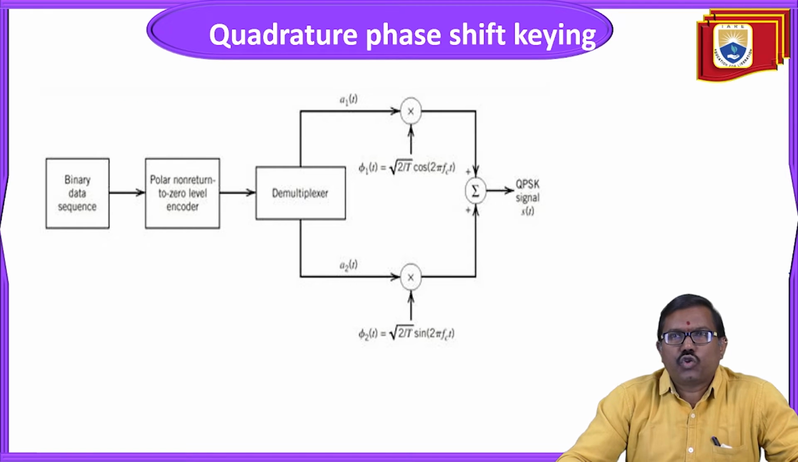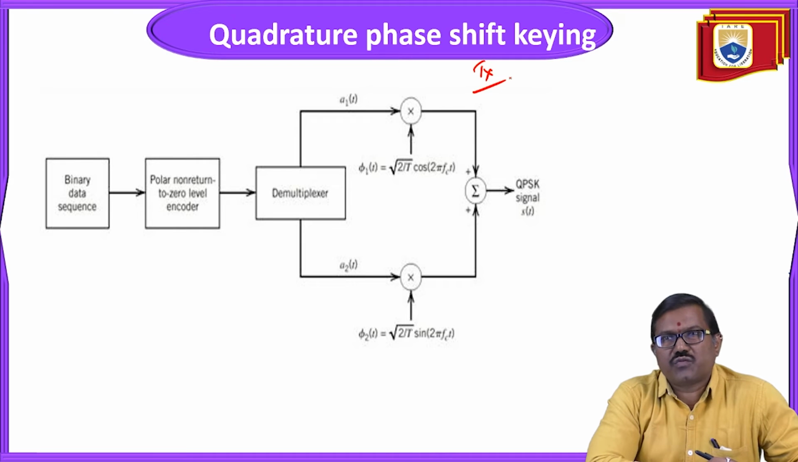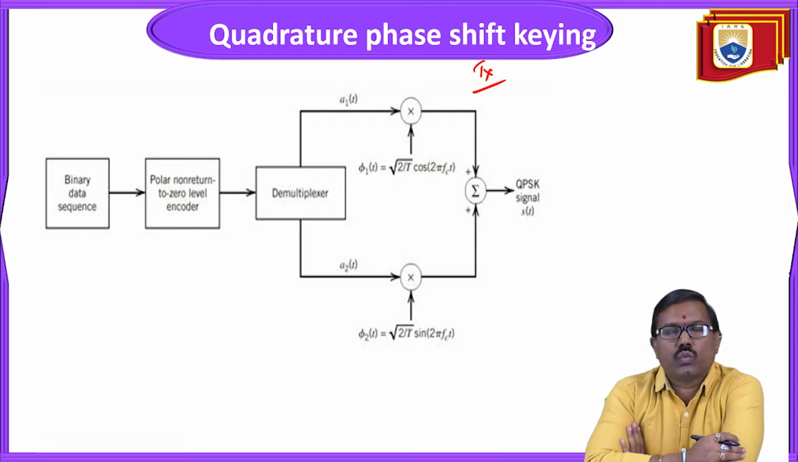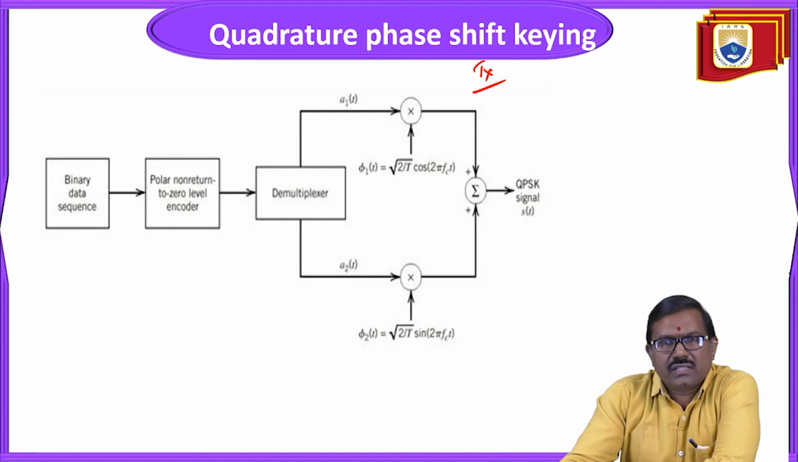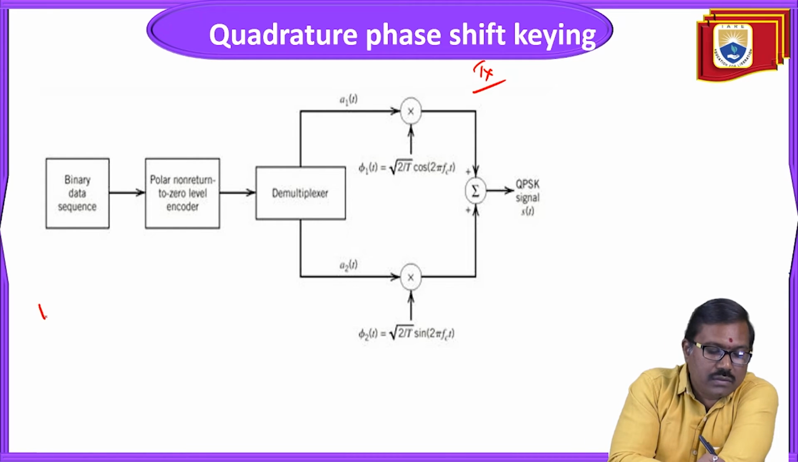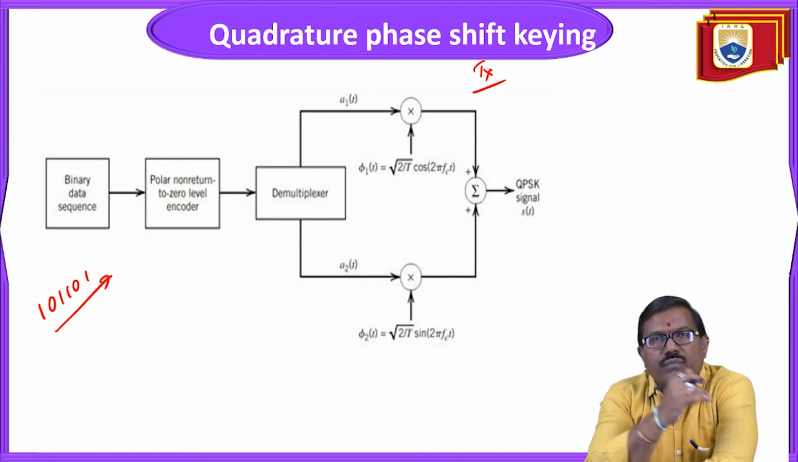And now the QPSK transmitter. So this is my QPSK transmitter. Here the input is the binary data sequence, which is applied to the NRZ encoder. That means they are coming as ones and zeros. Why? The binary data means 1 0 1 like that. So this is the sequence coming to the